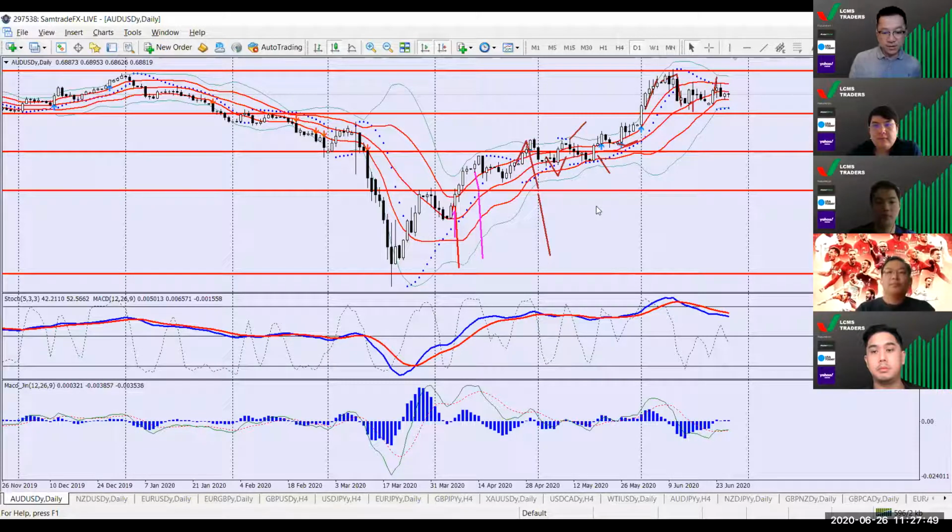Good stuff, Andrew. Andrew asks, as currencies are sitting across, is it a signal for a breakout? I wouldn't say it's a signal for a breakout. I would say that the conditions are quite well set for a breakout. I do not know what could be the trigger for a breakout, apart from coming into the second half of the year, as people start taking positions, as the economy starts opening up, to try and recover from what happened in the first half of the year. All right, I hope that makes sense to you, Andrew.